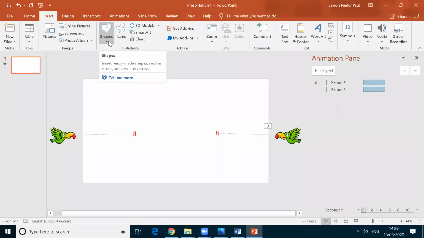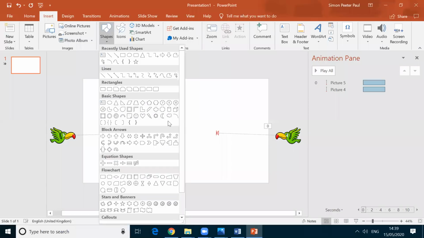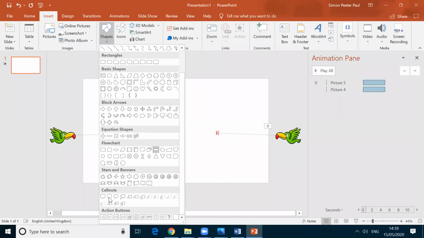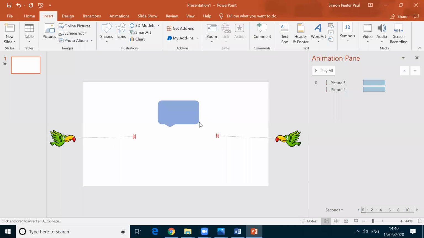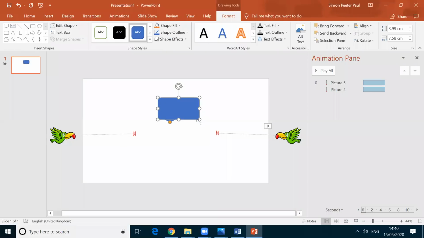I click on the shapes and I am moving down. Here there is the option callouts. It means the dialogue. So I'm going for the second one and I'm drawing the callout. Okay, this is the dialog box. Let me do the callouts again.